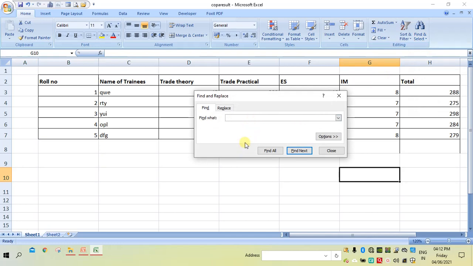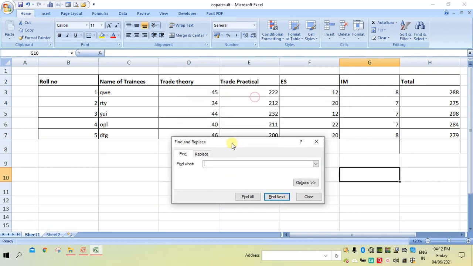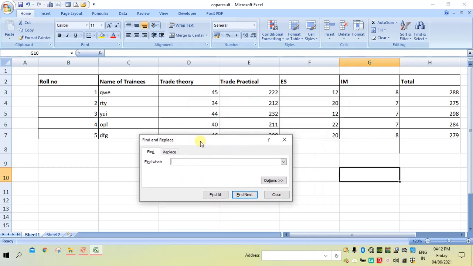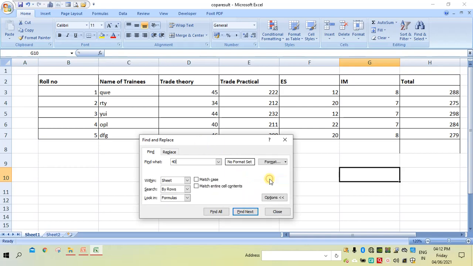Here I want to find 40. Within a sheet I want to search. There is no need to make any changes. Simply say Find Next. Here it is showing the 40.